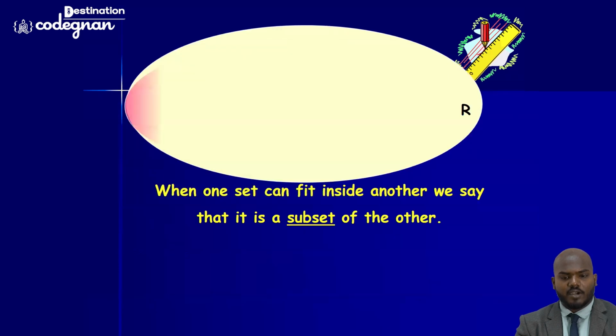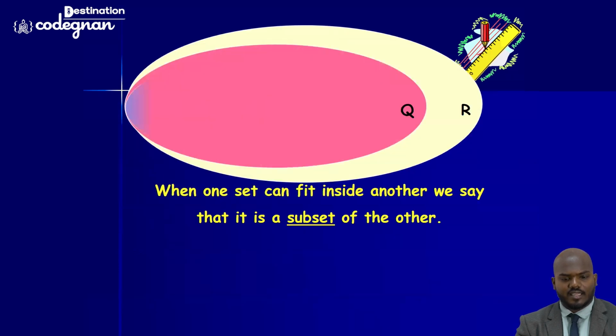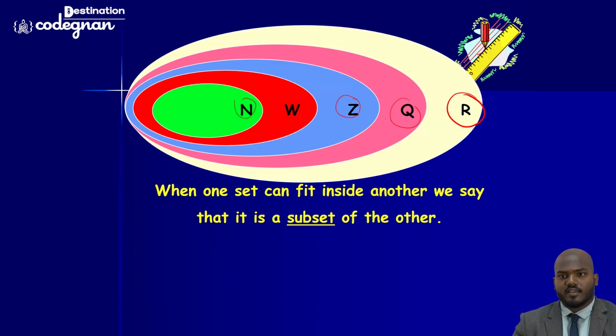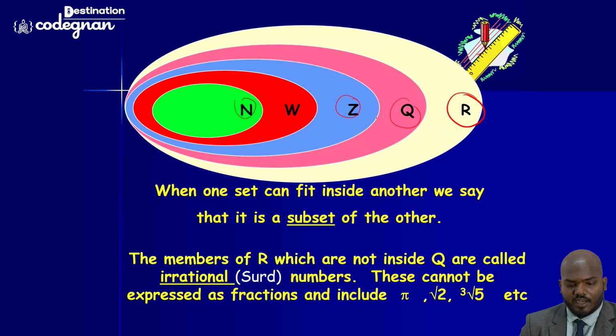I think this particular diagram will explain the real numbers clearly. So among all the different types of numbers, the real number is the greatest. That is, natural number is less than whole number, whole number is less than integer, integer is less than rational number, and rational number is less than real number. This is how we can define the subsets here.